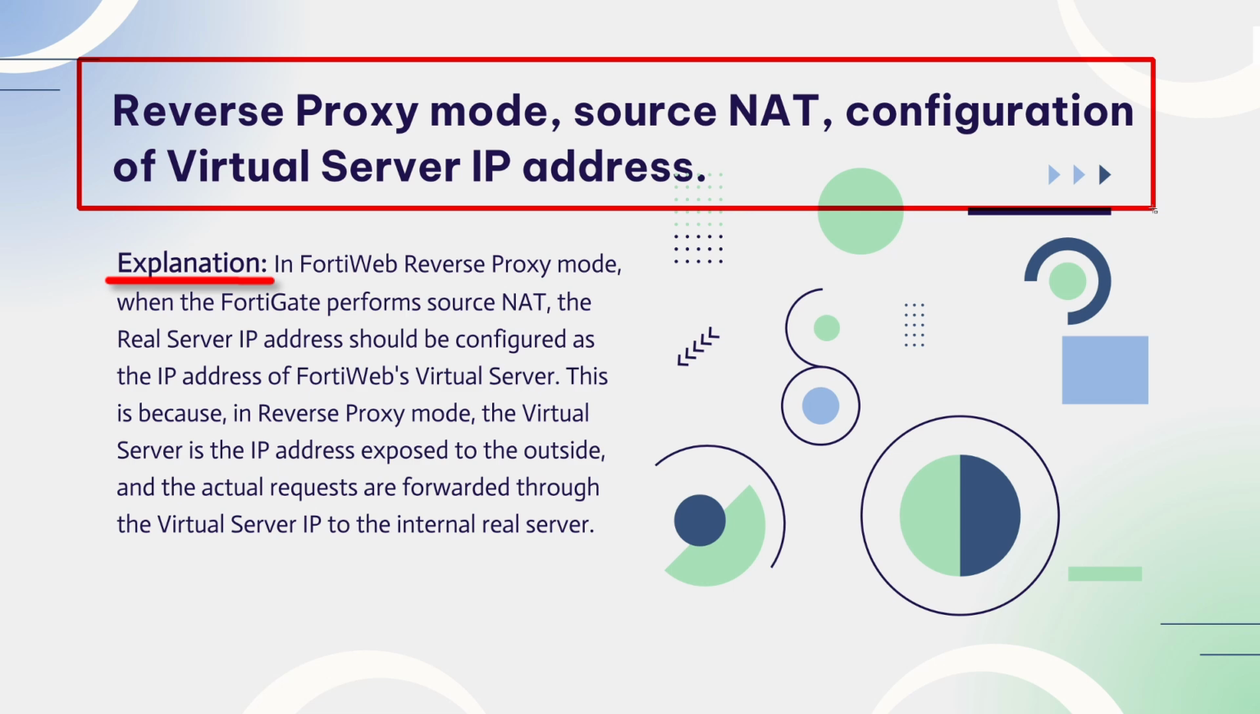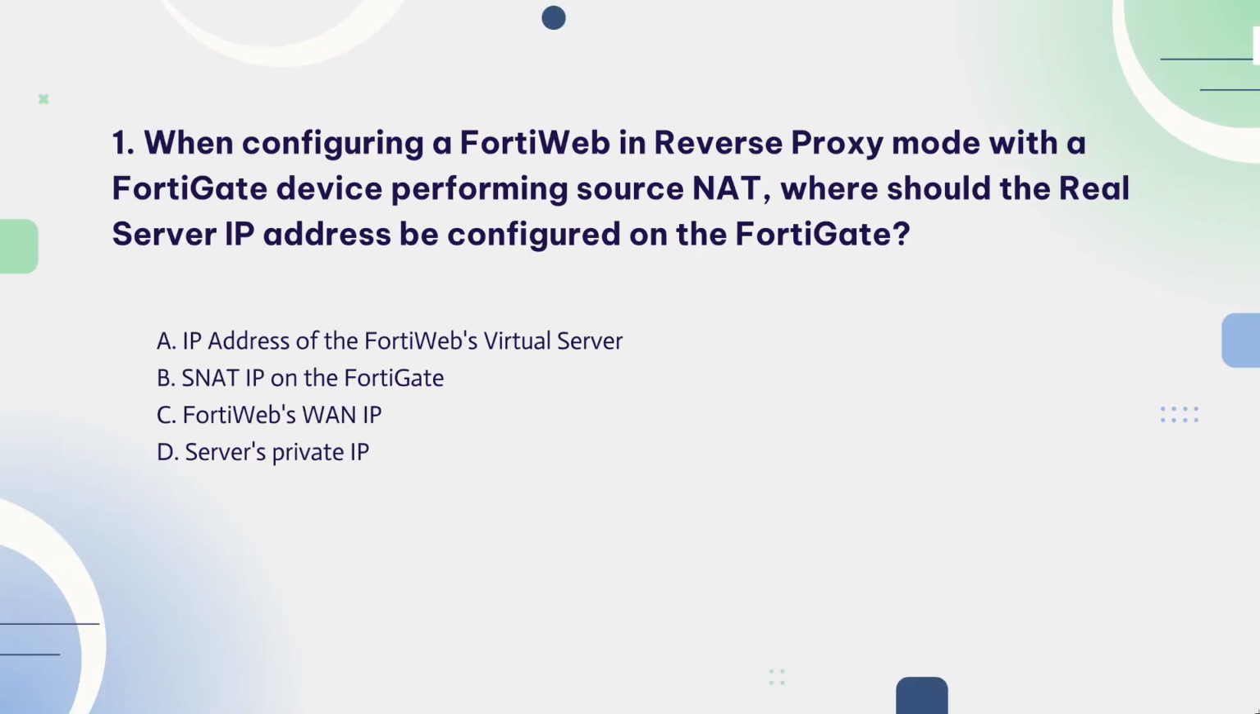In FortiWeb Reverse Proxy Mode, when the FortiGate performs source NAT, the real server IP address should be configured as the IP address of FortiWeb's virtual server. This is because, in reverse proxy mode, the virtual server is the IP address exposed to the outside, and the actual requests are forwarded through the virtual server IP to the internal real server. So, the correct answer is